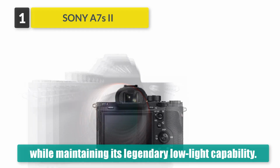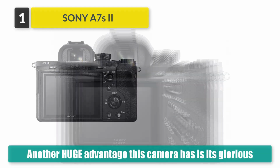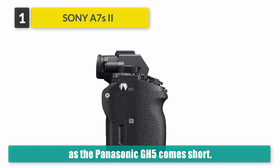This is where Sony's competitors such as the Panasonic GH5 come up short. I am personally a huge fan of full 35mm sensors, since they can pack in more light that can deliver better results, as well as a